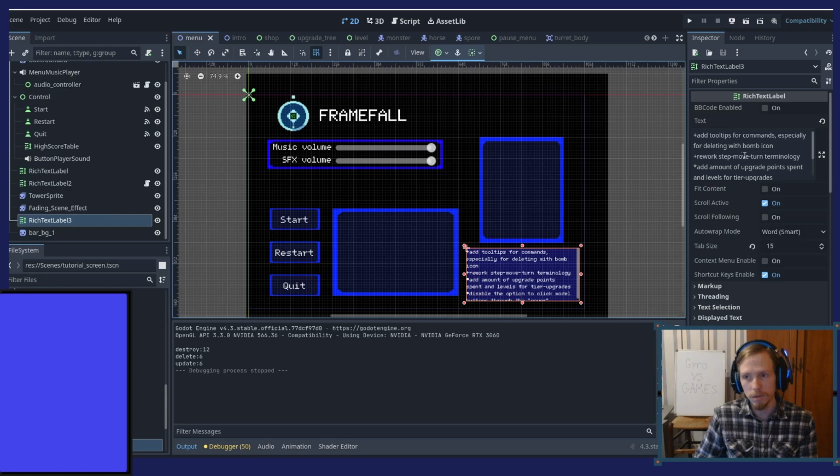I reworked my a bit confusing step move turn terminology. And I started adding the amount of upgrade points spent and levels for tier upgrades. Right now, I only need to implement that mechanic, basically copy paste a bunch of code and change certain variables.